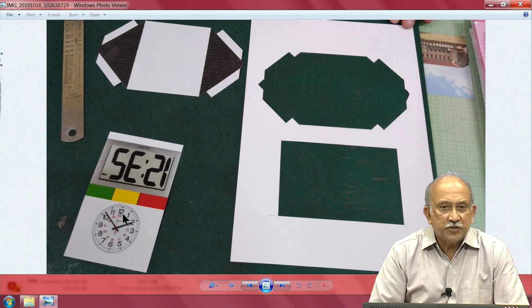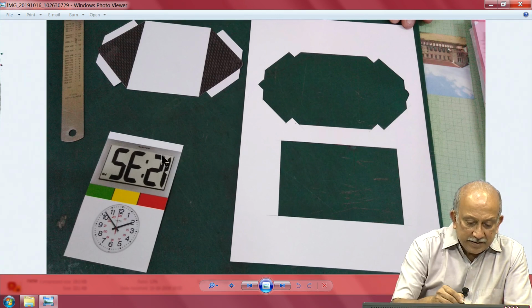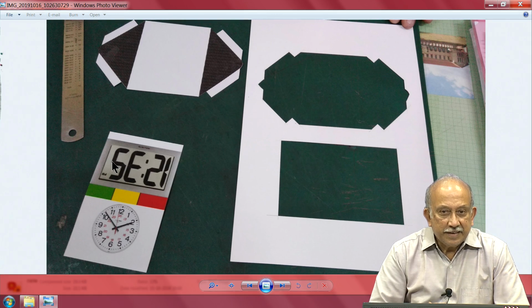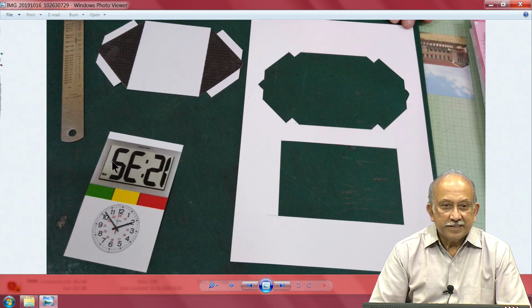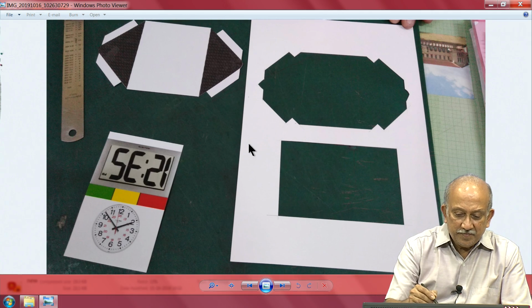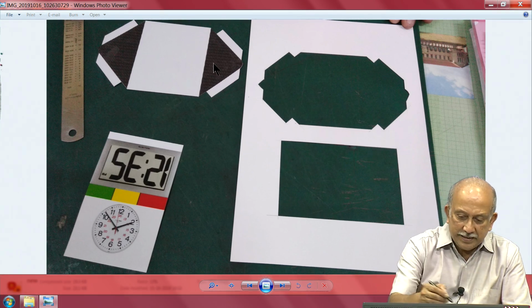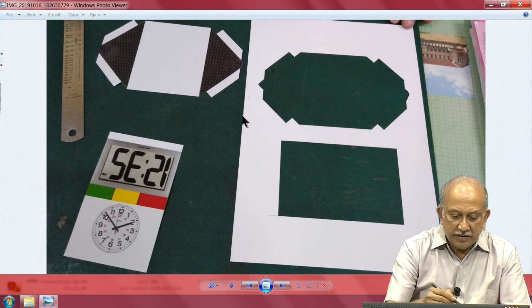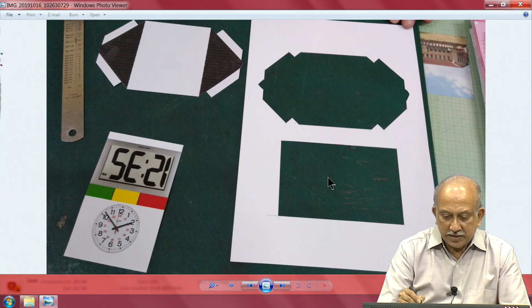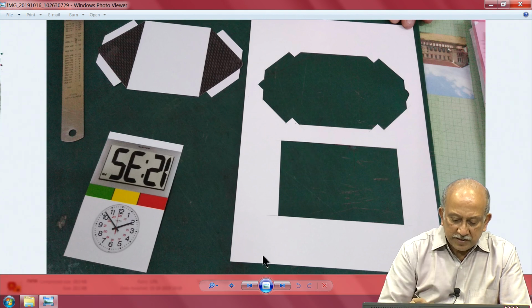Now I am trying to show you this. After having done this print, this has been transferred to a little thicker cardboard, and my colleague managed to cut it extremely well here. You have seen that this piece is from here.